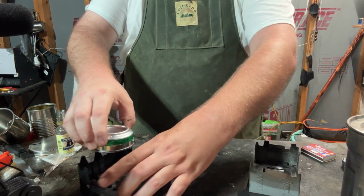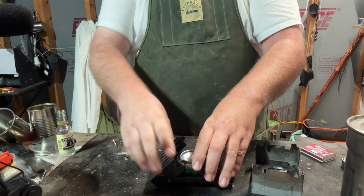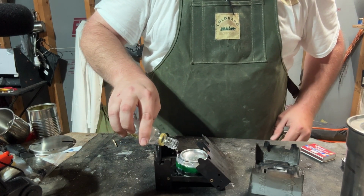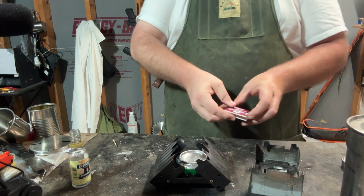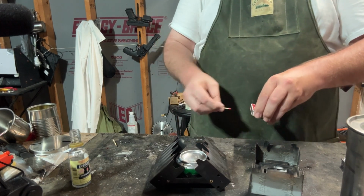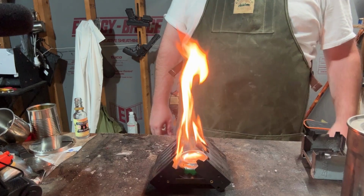But let's put it over here in this one. Close her up a little bit. Actually, before I do that, let's put the leftover fuel. We're just gonna kind of pour it in here. It'll blaze up, bigger than snot, but I like fire. Like that. Always remember,